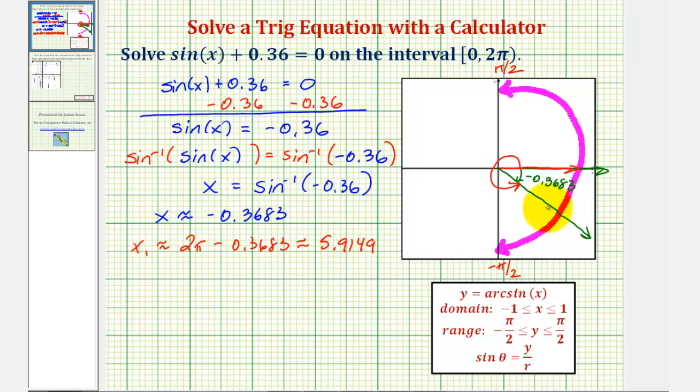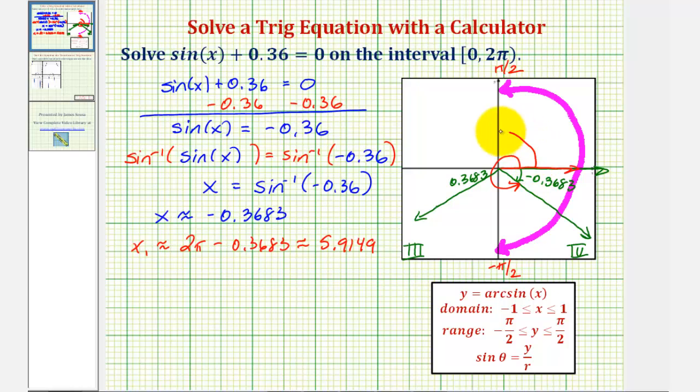There's also another solution. Remember that sine theta is equal to y divided by r, and y is negative in both the fourth and third quadrants. Here's the fourth quadrant, the angle that we just found. There's another angle in the third quadrant that has the same negative sine function value. And it would have to have the same reference angle as this angle here, which means the reference angle in the third quadrant would be 0.3683 radians. So it would be somewhere in here, where again the reference angle would be 0.3683 radians,